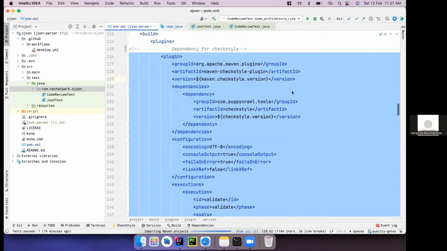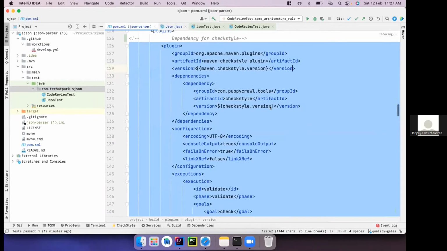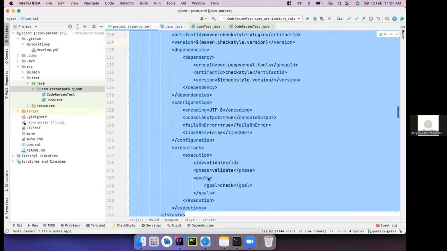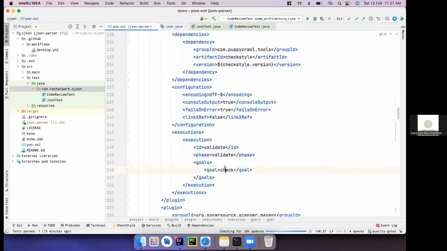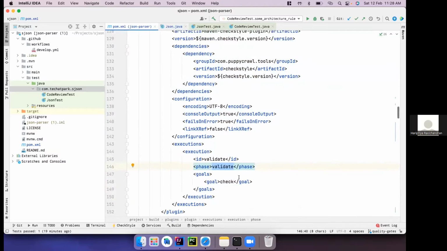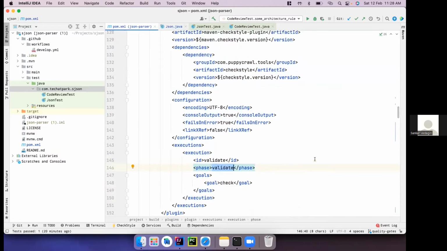Okay. So this is the Maven Checkstyle plugin, and here I have given the goal that I'm going to check the Checkstyle violations if anything is there during the build process itself. If I have any Checkstyle violations, my code will not be allowed to build, and I'll get a build failure and will not be allowed to commit my code itself. So for this, okay, Haripriya, yes. I have a question here.